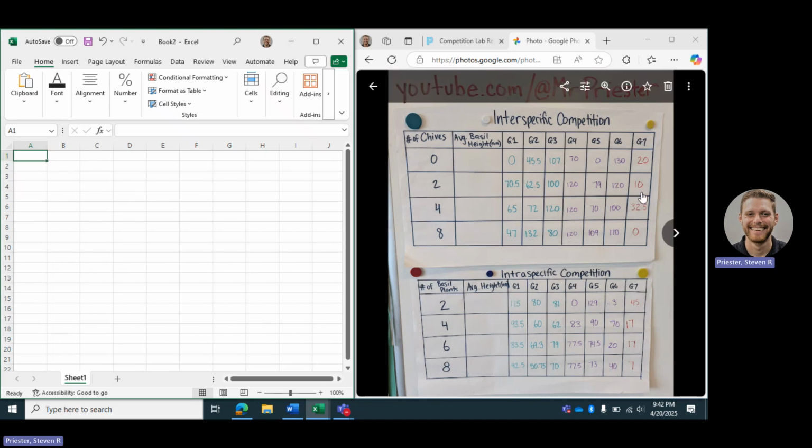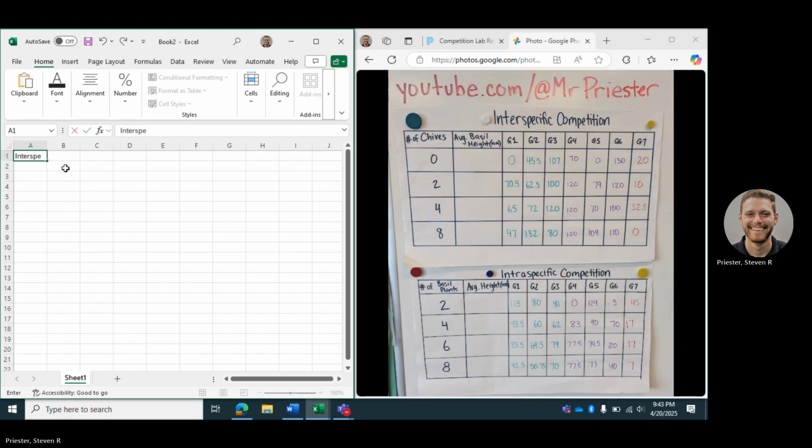The first thing we want to do, we're going to do one of these at a time, and then you'll just do the exact same thing with the other. So I'm going to use our class data, which is up on the board, and I'm going to create this top chart. So it is interspecific competition. So I am going to go ahead and put the title up here,